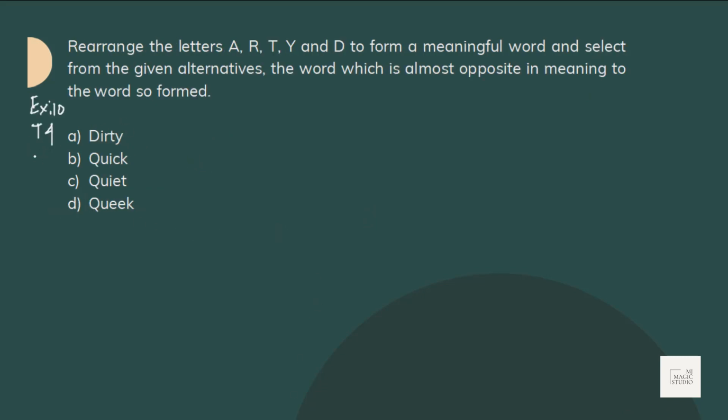So example 10 from type 4. Rearrange the letters A, R, T, Y, D to form a meaningful word. Then select from the given alternatives the word which is almost opposite in meaning of the word so formed. So what word can we have? We can have tardy,